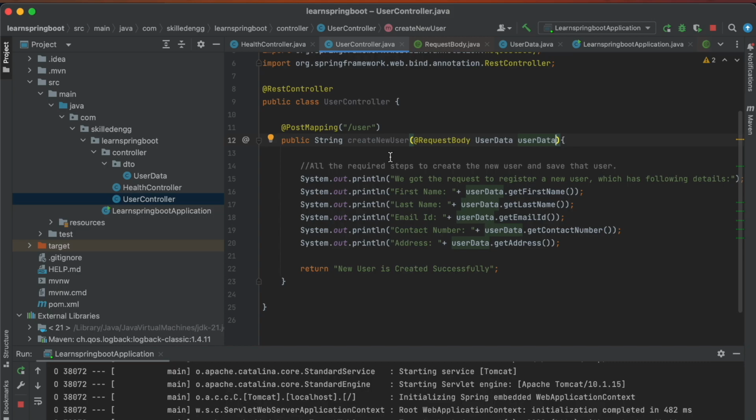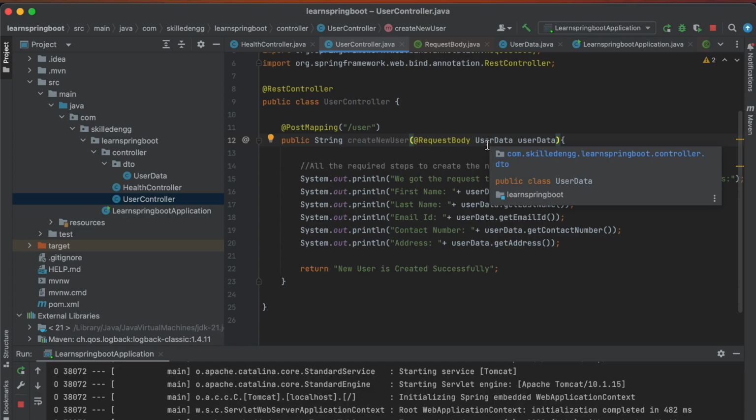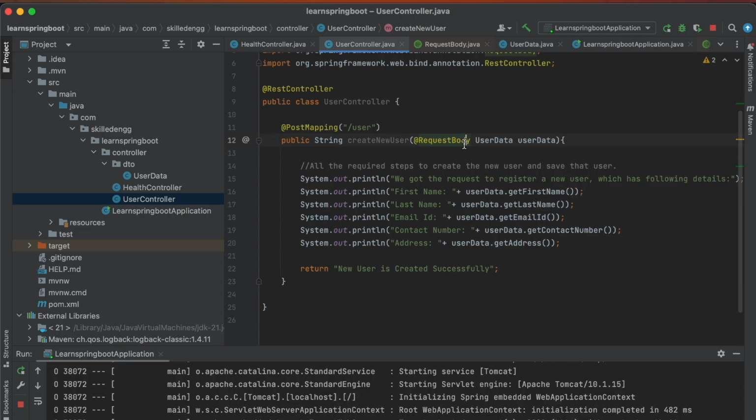Whatever request we send from Postman or from the browser or from any other, maybe terminal or some other service, whatever request body comes will be passed into this particular parameter, and this helps to parse that and assign each value to each parameter. So it is doing that thing.